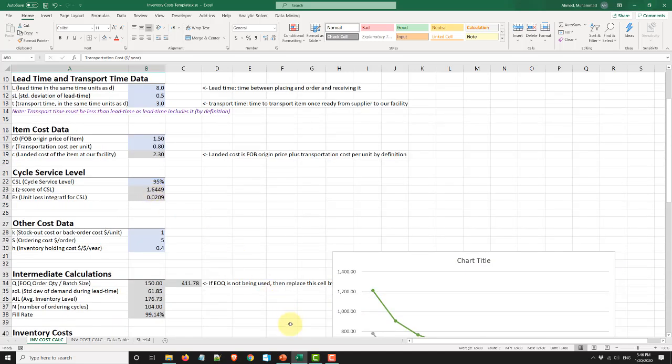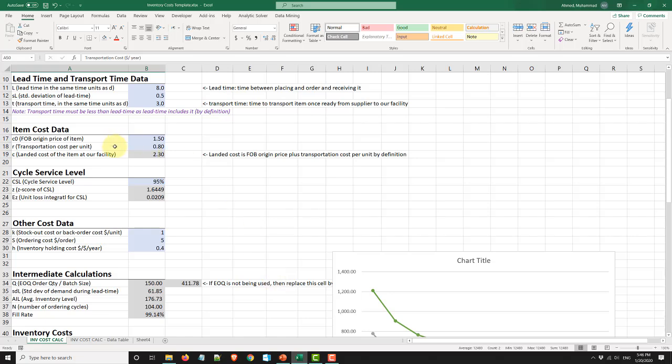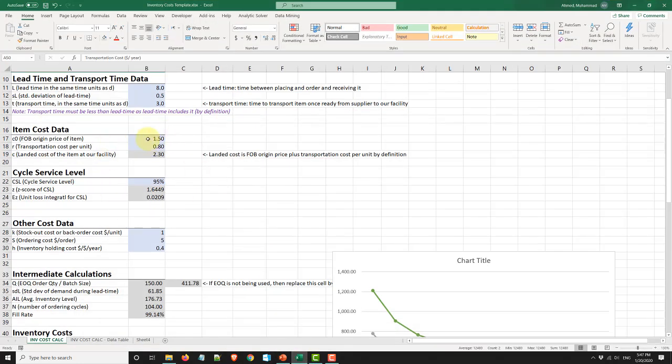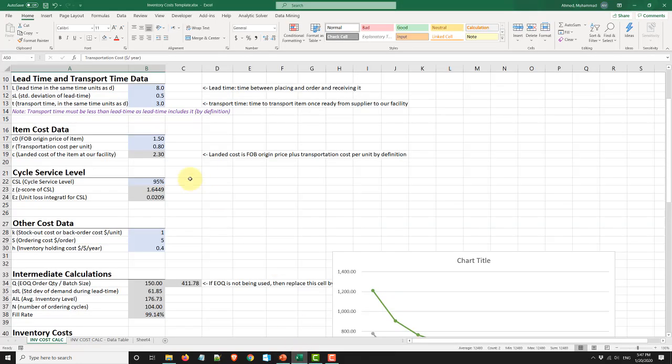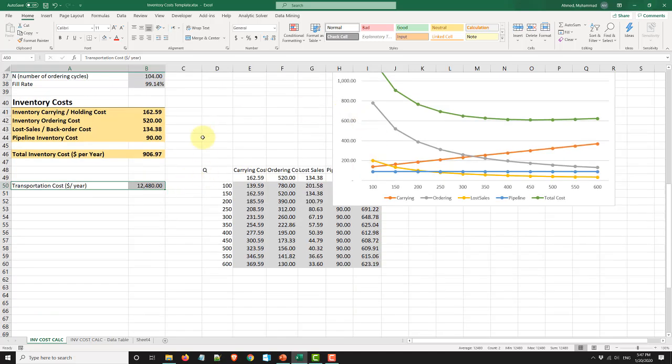Okay, so hopefully you now know how to calculate total inventory cost per year. You can use this Excel workbook on an exam or homework. If you don't understand what these things mean, you can watch the detailed lecture. You should have a conceptual understanding of inventory cost. What do these terms mean? What are these four costs? What increases each cost? What decreases it? You should know that. Then you should know how to use this workbook, and then you should know how to